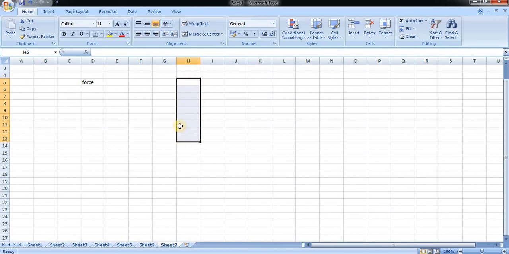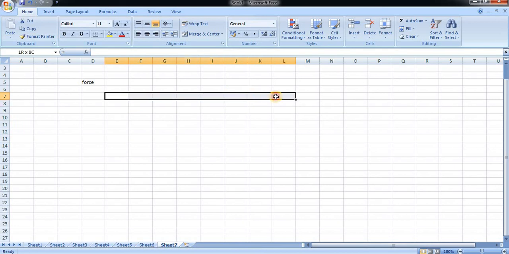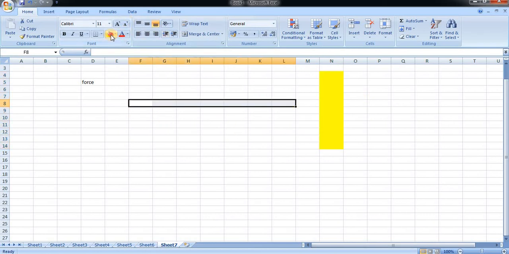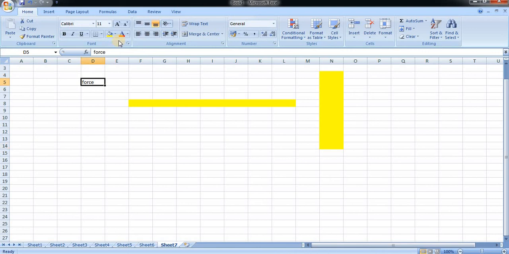So this particular thing is known as a range. Also if I select n numbers of cells in the horizontal direction, then it is known as a range. It can be vertical as well as horizontal. So this is known as a range, and this particular thing is known as a cell.